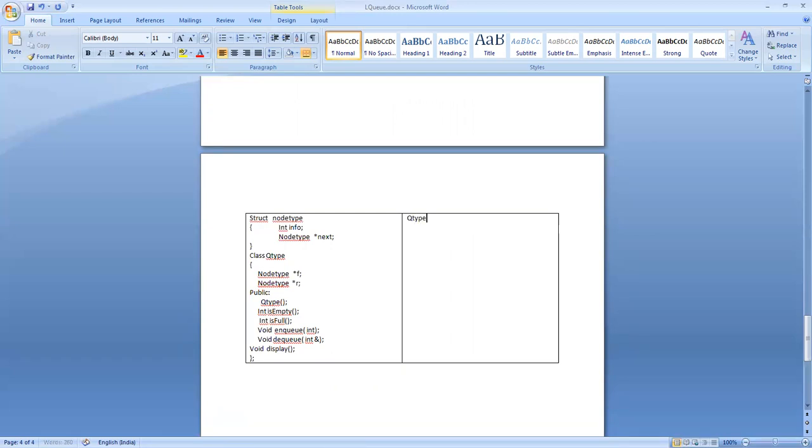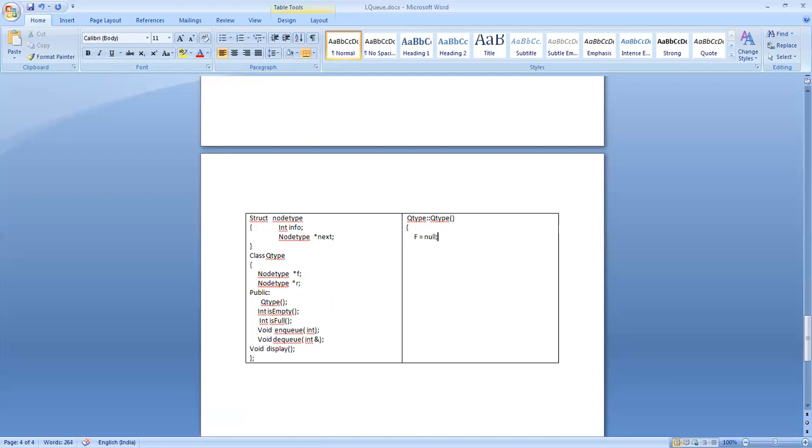Constructor is available in the class queue type. So what I told you, we initialize some of the private members. The private members are F and rear. I set F equal to null.